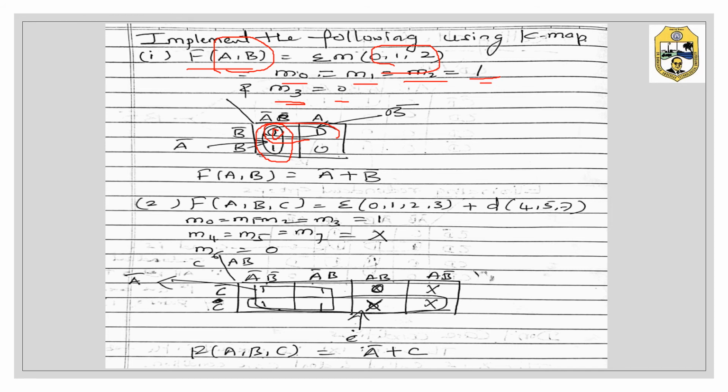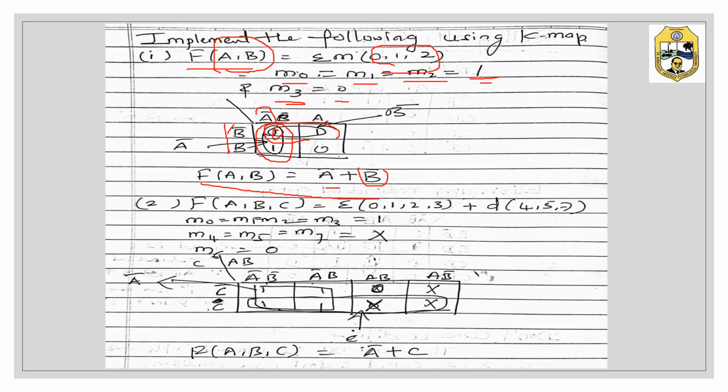Here a bar a is there and here it is b bar. So a bar and a, they are different, so leave that. What is left? B bar is there, write B bar over here. And when you go over here, this B bar and B are covered, so both are different. Leave this one. What is left? A bar is left, so write A bar. So this is the solution for this given expression.